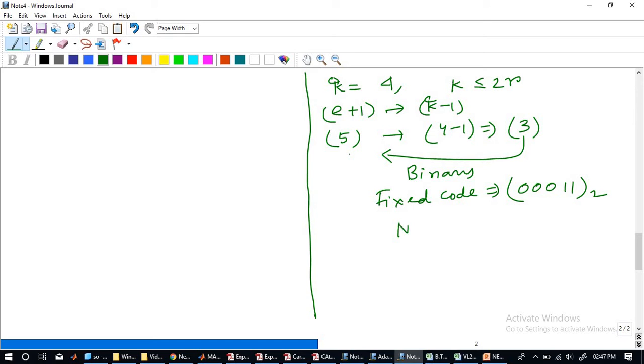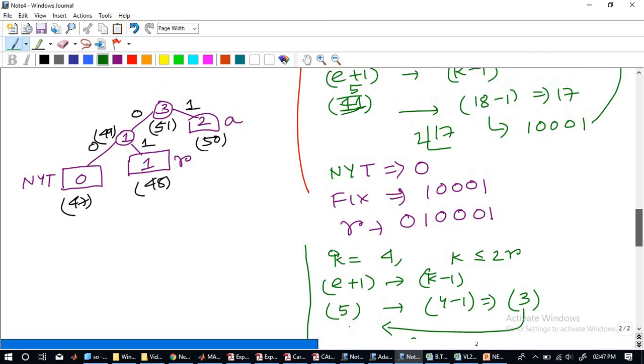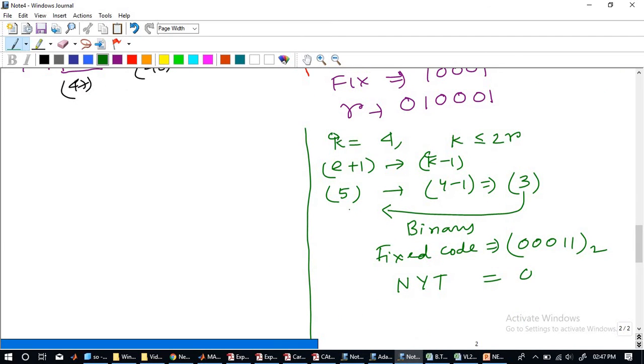What will be the NYT code? 00, correct? Because I'll be referring to this diagram. The NYT node appears in position 47, but you have to check it from the root node. It has come from 0 and 0, so we take these two zeros as the NYT code. So your NYT code becomes 0, 0.